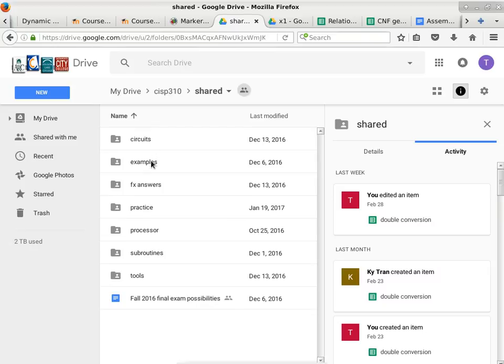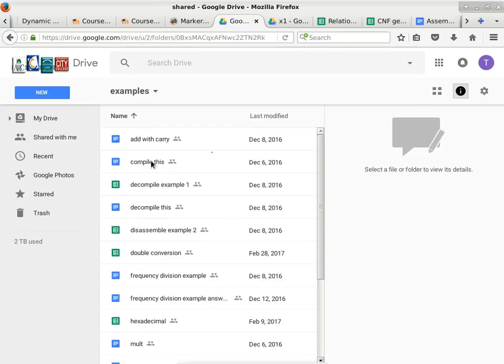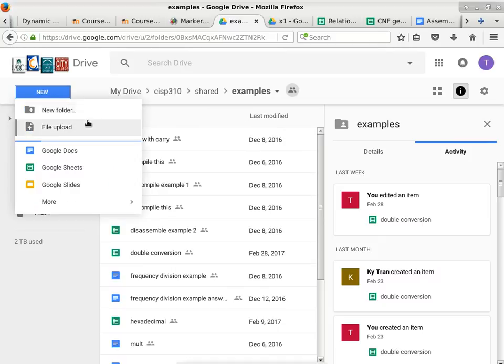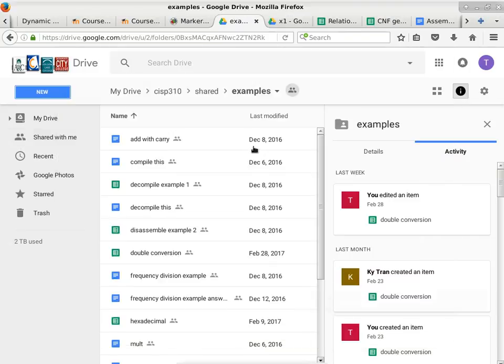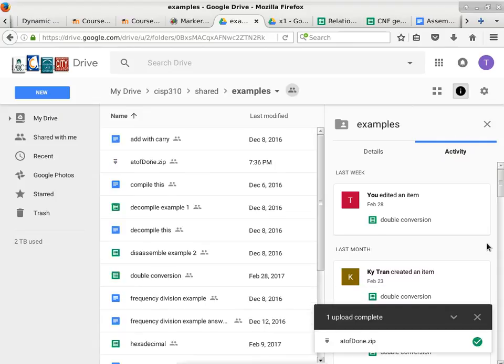I will put it into examples. So we'll just put it over here, upload. It's called downloads ATOF. Done. That's it. So now it's on my drive, and you guys can download it, look at it, comment on it,